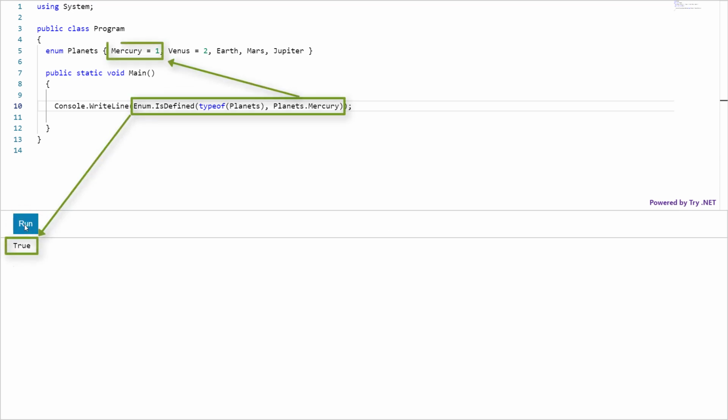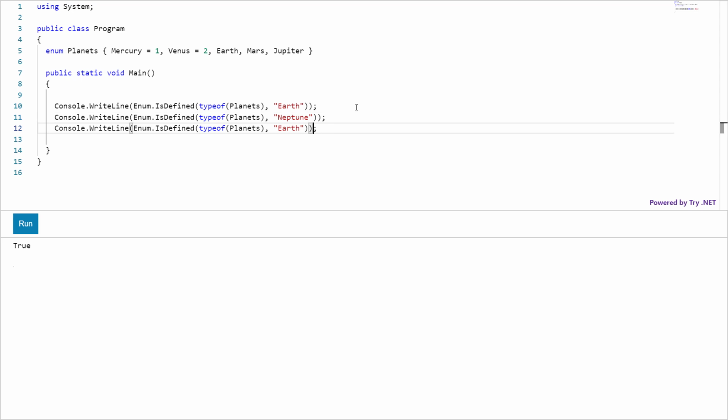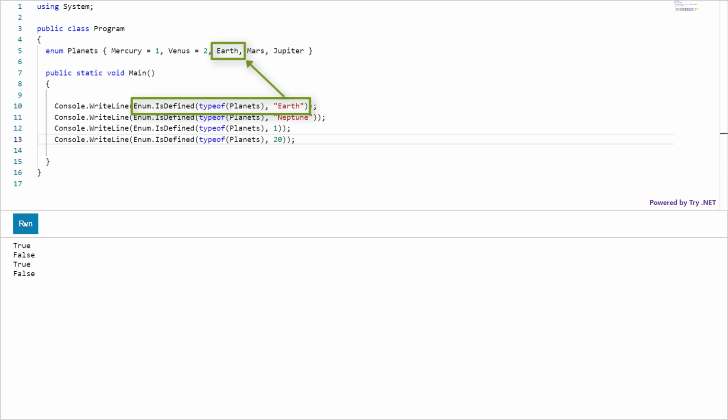Yes, Mercury is the element of enumeration. Let's pass few more values and see the result. Earth is the element of enumeration.